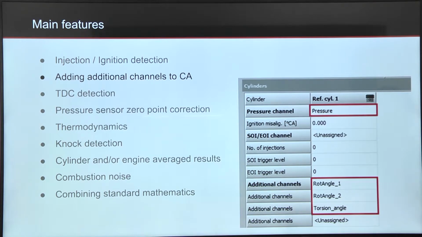We also have the possibility to add additional channels to the combustion analyzer, and this will convert the signals which we have acquired in the time domain to the angle domain. These don't necessarily need to be only analog signals. This can also be output from other modules. For example, from torsional vibration, outputs can be added to the combustion analyzer to view the results in the angle domain